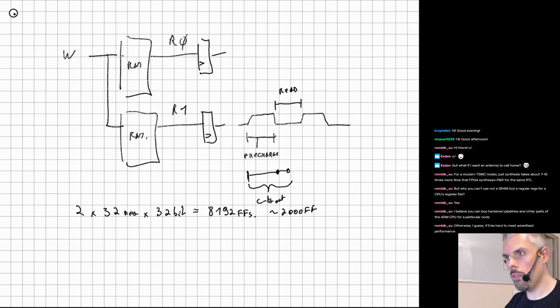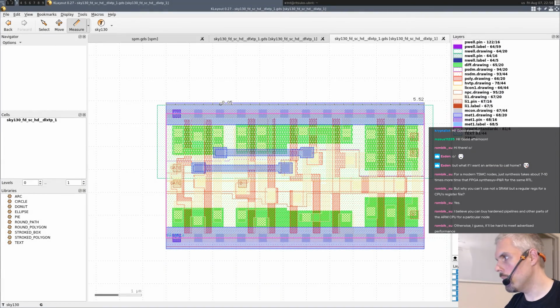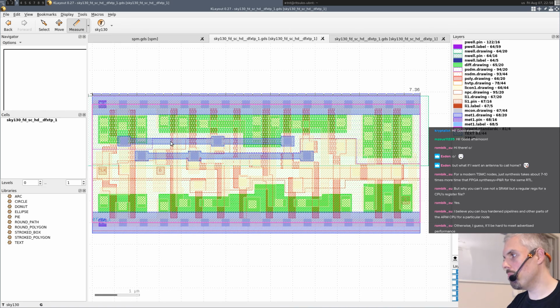So yeah, this is 550. So the height of the cell is... Oh my God, I'm an idiot. I've just realized that I don't have the correct screen displayed. So yeah, I was talking about that. That's a flip flop, right? I've loaded it from the standard cell library, and